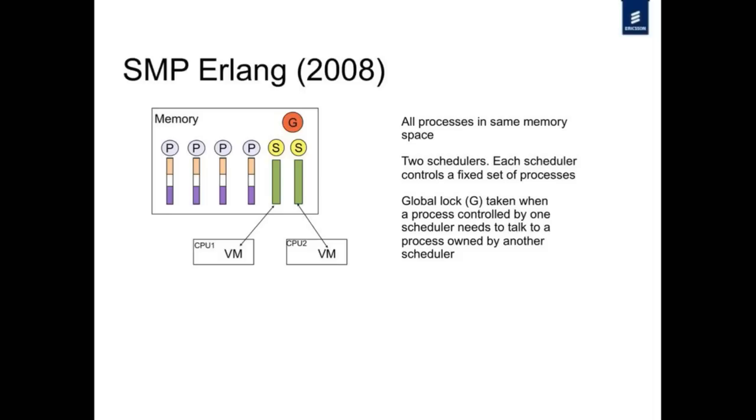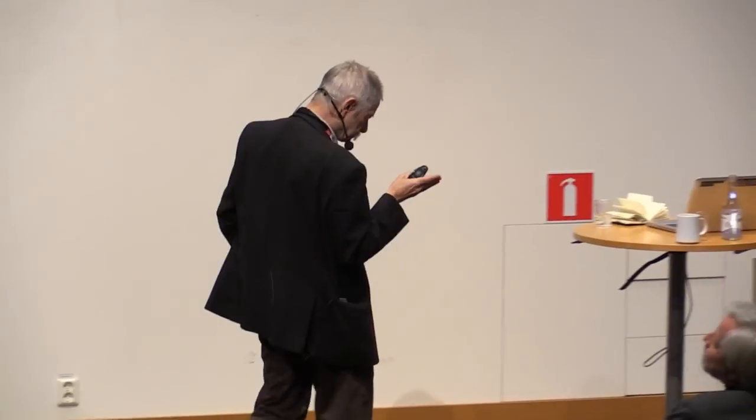SMP Erlang, this came a little bit later. Now we actually had physically separated cores. And so basically the same model that ran on a single core was now running on a multi-core type architecture, parallel processor architecture. And there's some special things called schedulers, and their job is to move the processes between the cores at regular intervals. So they interrupt the system now and then and move the processes and tinker around with these things.